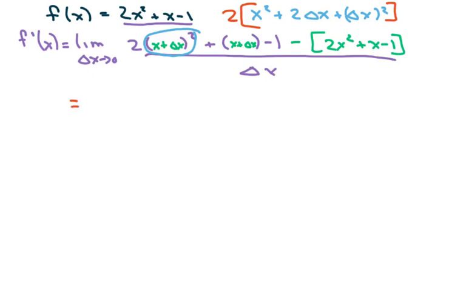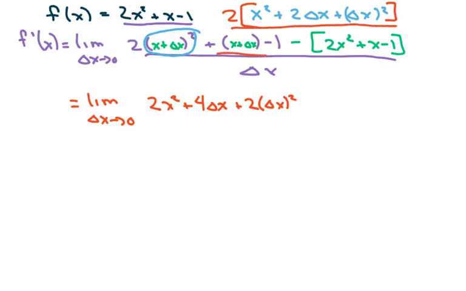So when I write this out, I'm going to get 2x squared plus 4 delta x plus 2 delta x squared. And that's this piece right in here. Then finish up. We have plus x plus delta x minus 1. Subtract the function